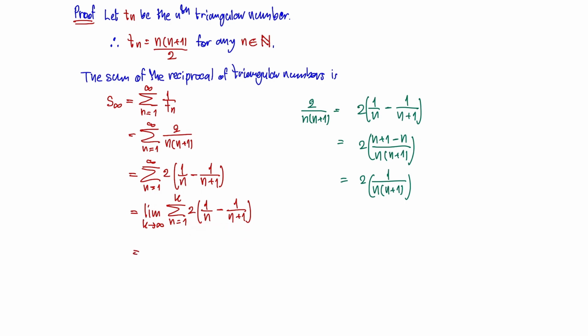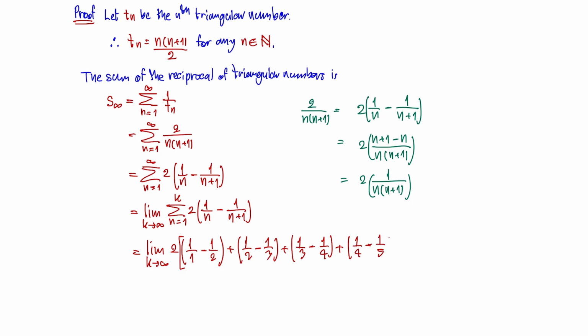So it turns out to be the limit as k approaches infinity of 2 times 1 over 1 minus 1 over 2. Okay, next term is n equal to 2, so we're gonna have 1 over 2 minus 1/3 plus 1/3 minus 1 over 4 plus 1/4 minus 1 over 5, and all the way to the last term,